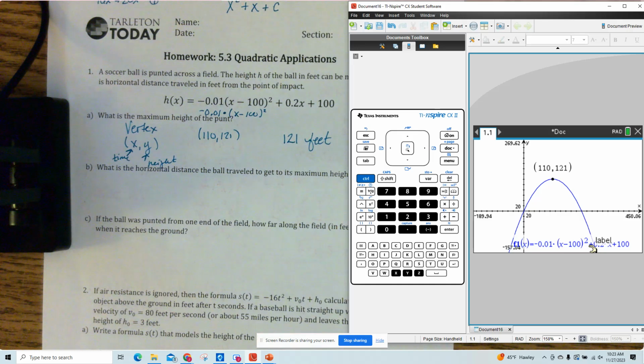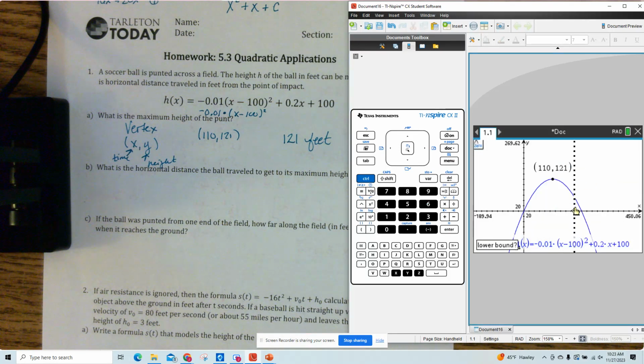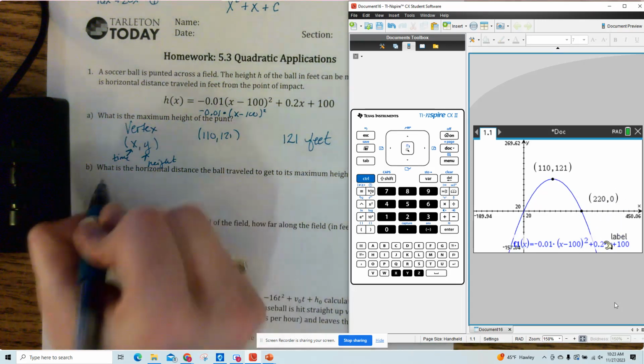So the horizontal distance is going to be from 0 to here, and that point is an x-intercept. So all I have to find is the x value of that x-intercept. So that is menu 6, 1. Menu 6, and it's called a 0 in here. A 0 and x-intercept, those are all the same things. So 220, that x value,